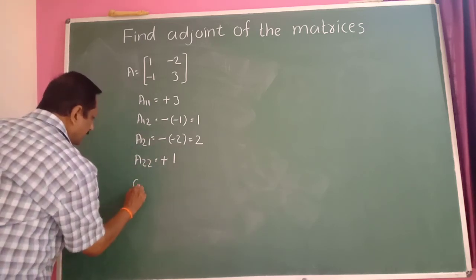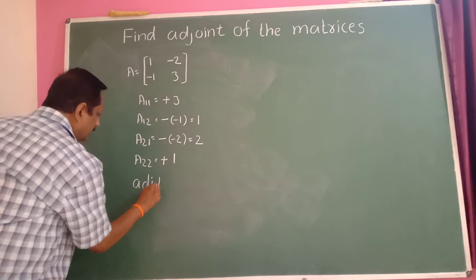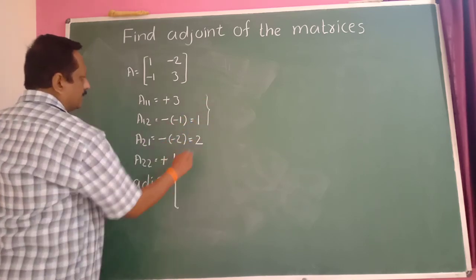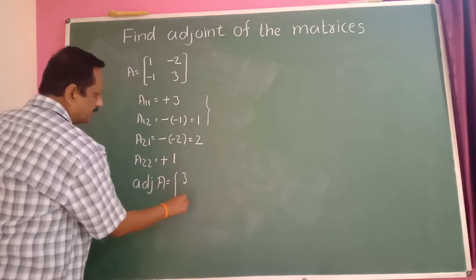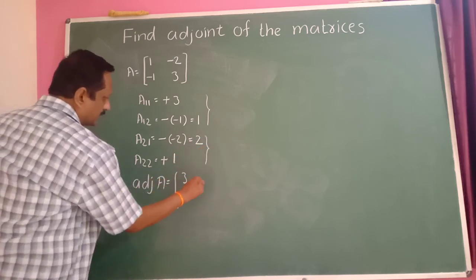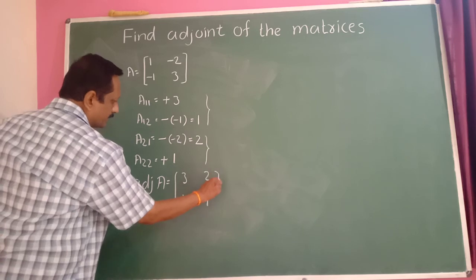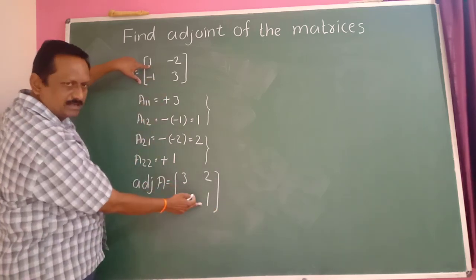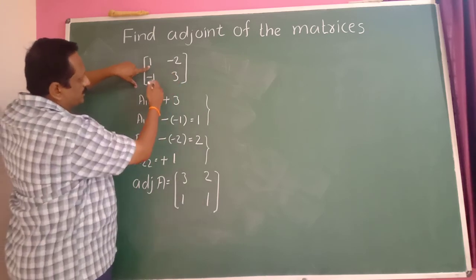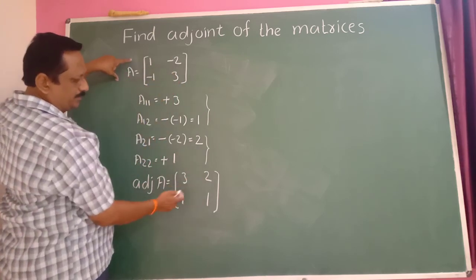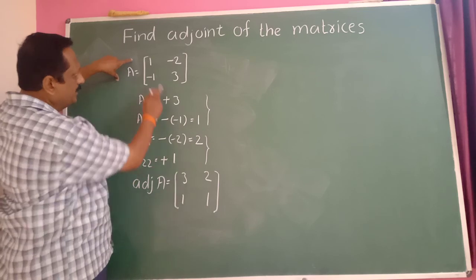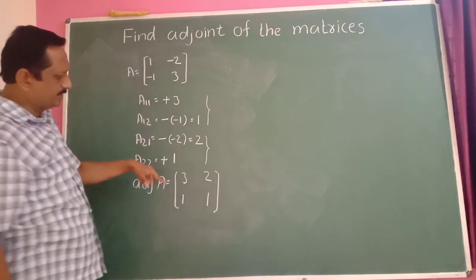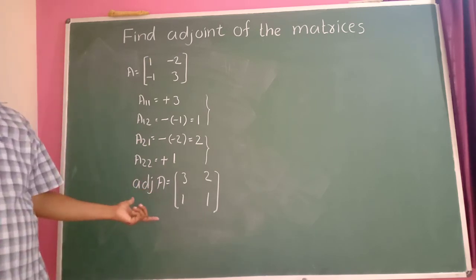Then the adjoint of the matrix. The adjoint of the given matrix: write the elements in the column here, so 3, plus 1. The next two elements in the column, 2, 1. Therefore, 1, 3 in the given matrix becomes 3, 1 in the adjoint. Minus 2, minus 1 in the given matrix becomes plus 2, plus 1 in the adjoint. Therefore, interchange the diagonal elements and change the sign of the non-diagonal elements, and that becomes the adjoint of the matrix.